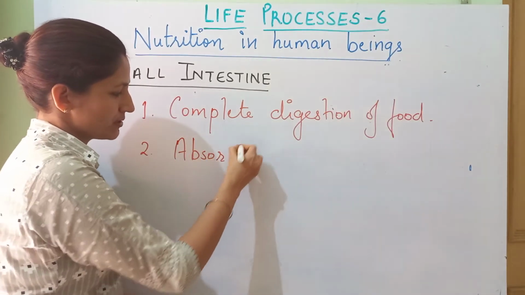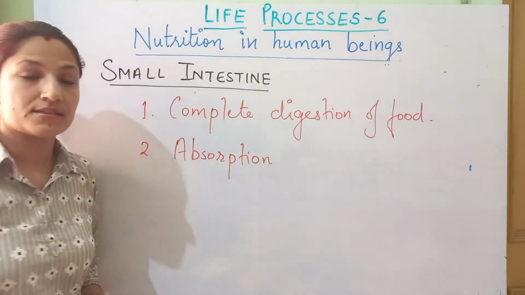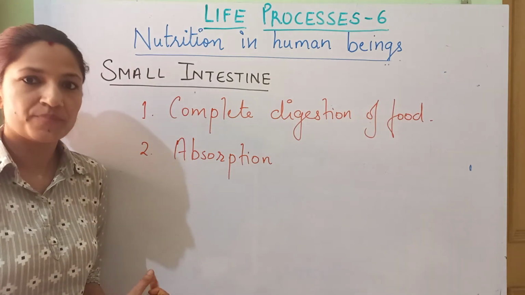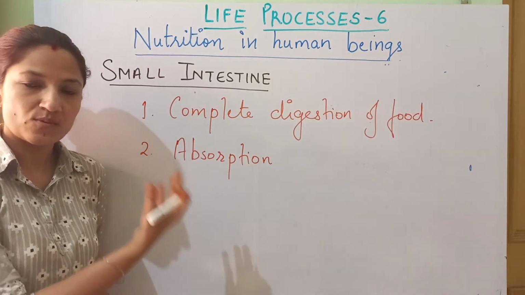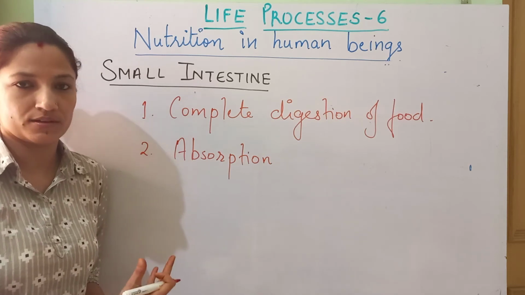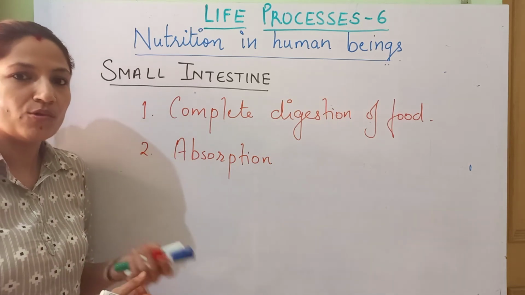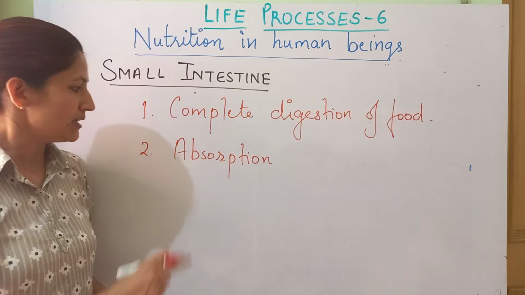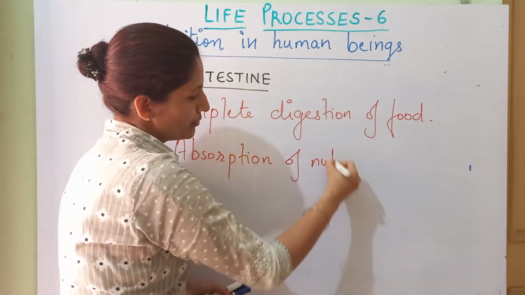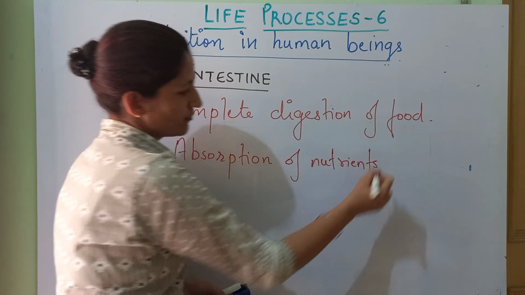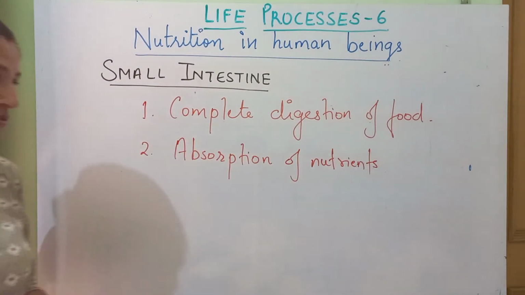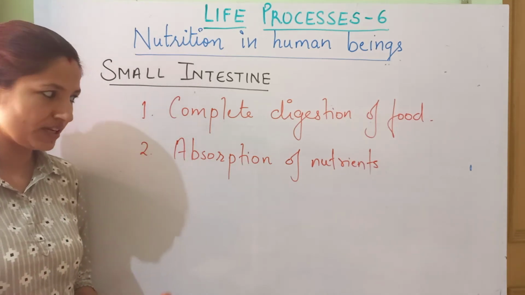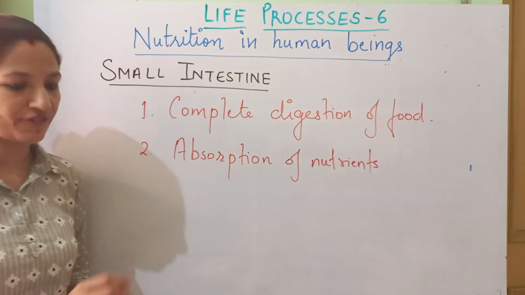absorption of nutrients. As this small intestine has those specialized structures, we can say this small intestine facilitates more absorption due to the large number of villi present on it. Absorption of nutrients. Okay, and after absorption, nutrients move into the blood, blood will take nutrients to the cell, that is assimilation,